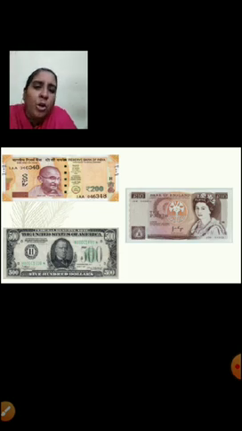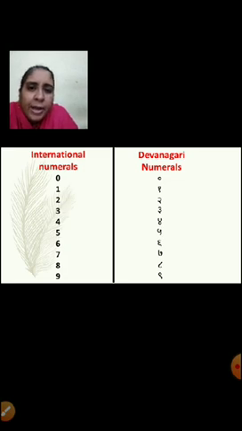Okay. Not only on the notes you see the numbers are written in English, but even you can see the bus tickets, the airline tickets or the train tickets. On that also the numbers are written in English language. Right? When numbers are written in English, these numerals are called international numerals, so that it is easy for everyone to understand it. Right? So these are called international numerals. Now here, international numerals you are very well aware. You write now from 0, 1, 2, 3, 4. That are called international numerals.